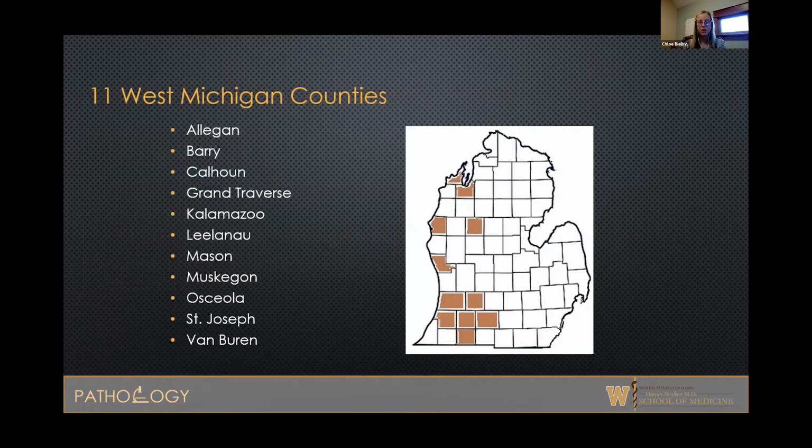Visually, we work with the western counties in Michigan, so Allegan, Barry, Calhoun, Grand Traverse, Kalamazoo, Leelanau, Mason, Muskegon, Osceola, St. Joe, and Van Buren, a variety of rural and urban counties, and a variety of demographic makeups. And the population total is just over